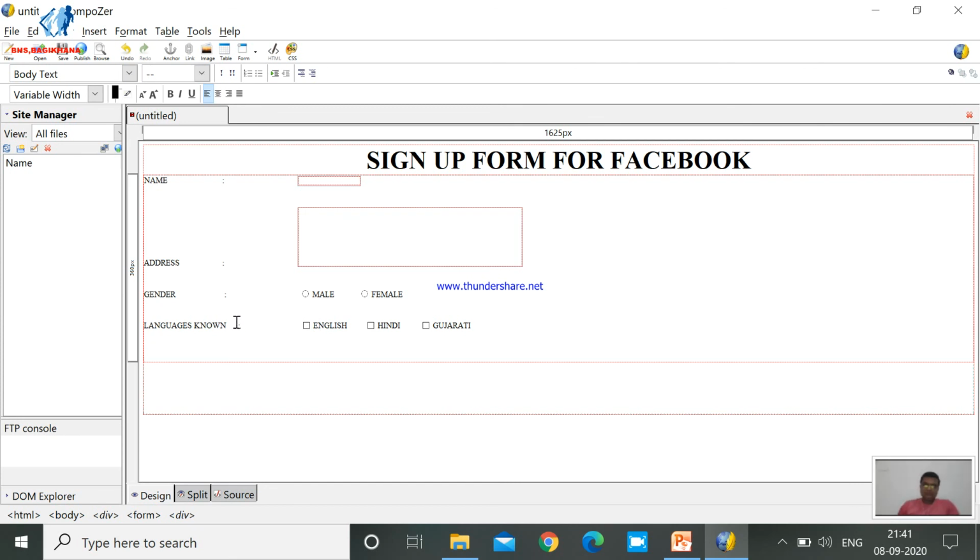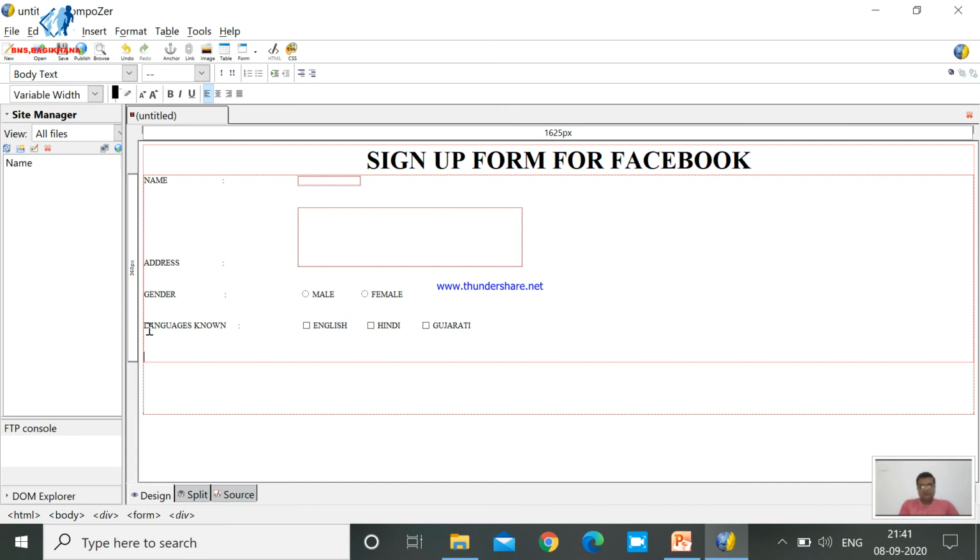Dear students, I want to clear you that when you are very much specific to give a single choice from the given list, at that time the radio button is very much suitable. But when you want to select more than one data at a time, the radio button is not suitable, so checkbox is very much suitable.